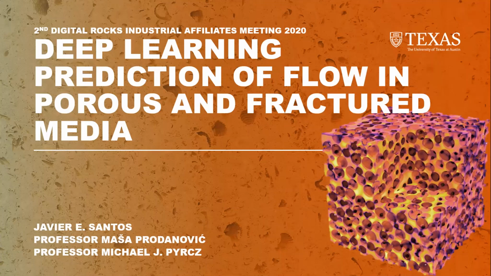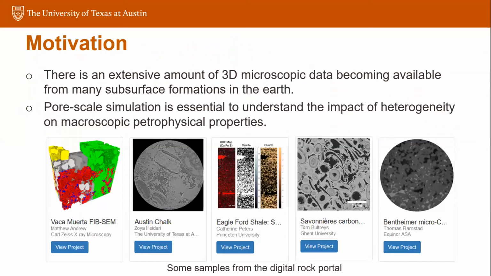So in this presentation, I will talk to you about the workflow that made possible obtaining a solution for the Navier-Stokes equation using convolutional neural networks. This is for fast permeability predictions. In particular, I'm gonna be focusing on the feature engineering workflow that made possible creating a general model. The main motivation for this work is that there's a huge amount of 3D data that's becoming available